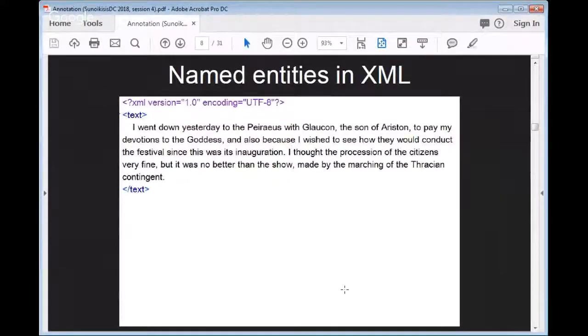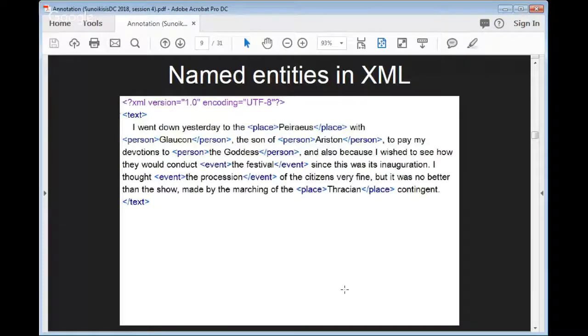But if we were annotating this in XML, as we started to see last week, we might take, and I've chosen a different piece of text here just for variety, we might go through this and say, okay, here's the piece of text. This is, as you can see, a well-formed XML fragment. It has a root element text, has no other content in XML, just has the big text block in the middle. And we could go through here and add internal annotations to disambiguate some of that information.